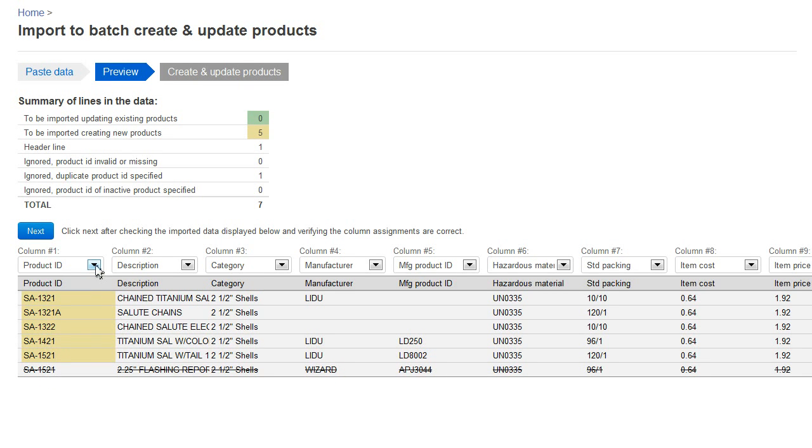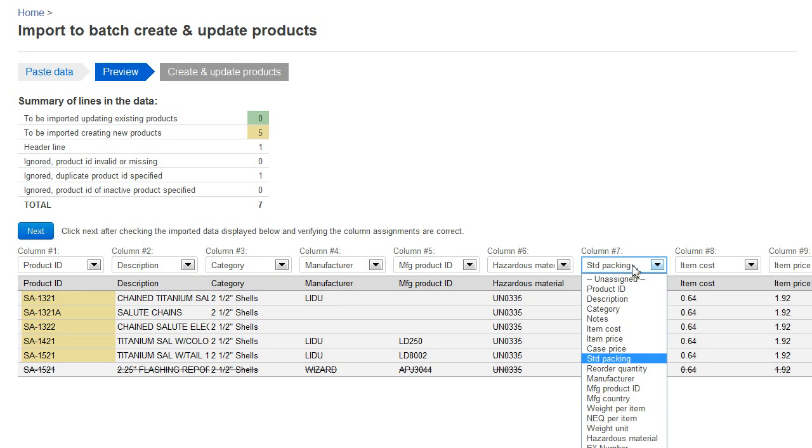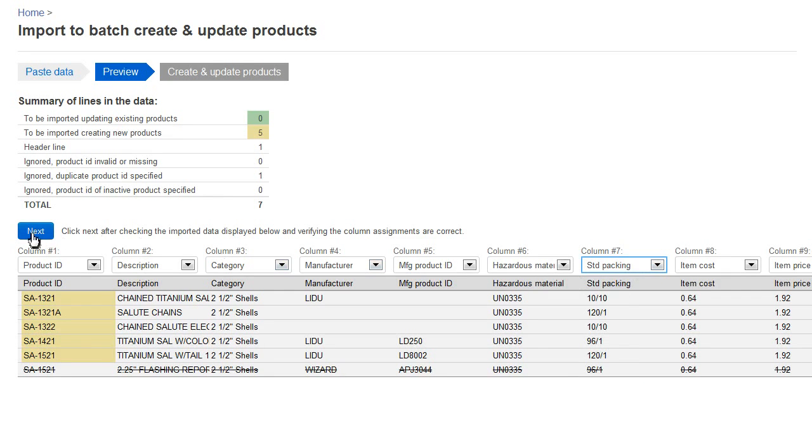Since the column names match the column names inside Finale, you'll see that each column is defined automatically, and Finale knows what field to bind it to. If I needed to, I could change the column, and I could select this, and then I can map this column of data to a different field inside Finale. We're not going to do that right now, so I'm going to hit Next to go ahead and import these